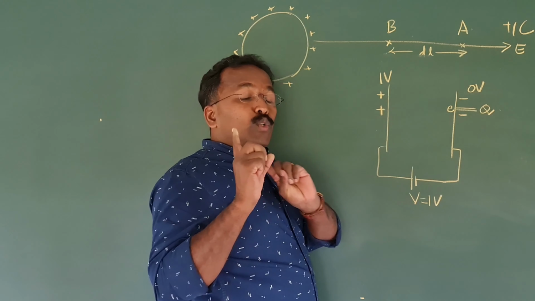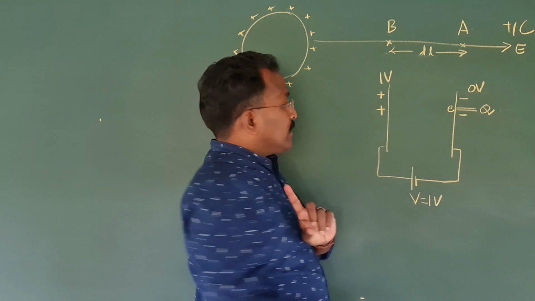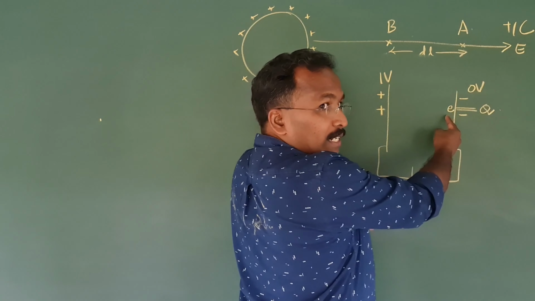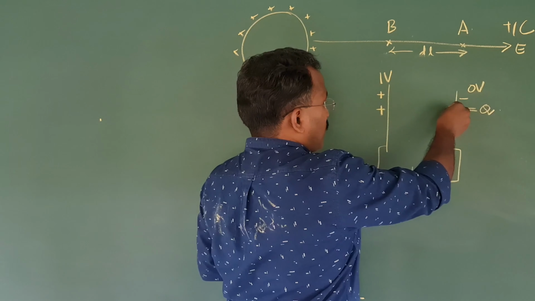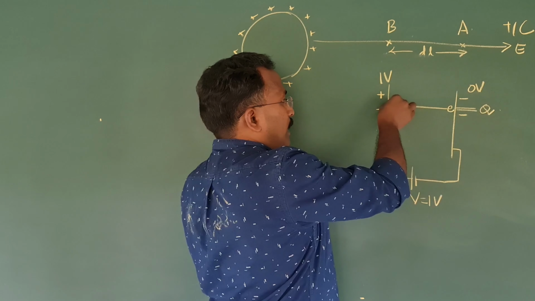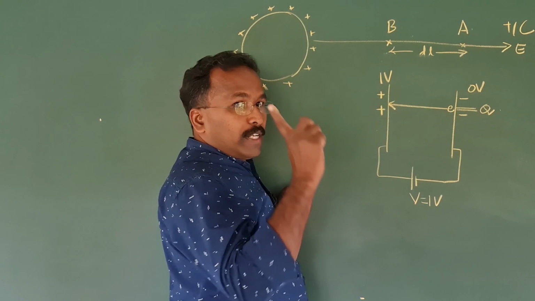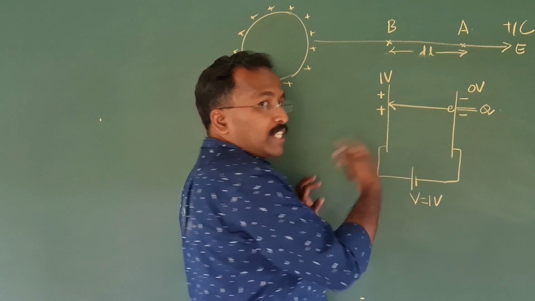You can explain it in two ways. First way is, this negative plate will repel it, the positive plate will attract it. So what will happen is, this electron will move and hit this plate, due to the attraction and repulsion